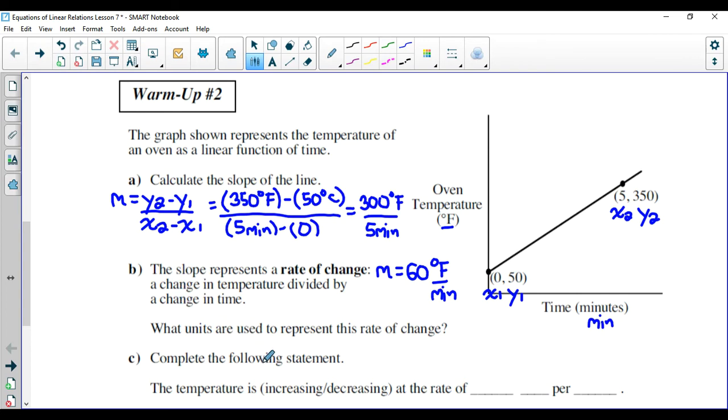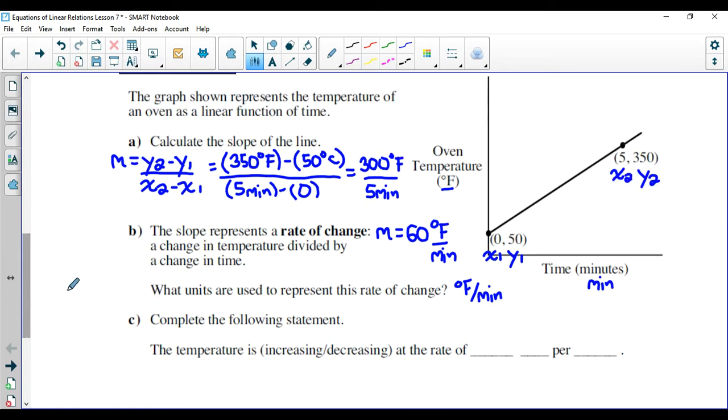Slope represents a rate of change. So in this case right here, the rate of change is the amount that your temperature is changing over a specific amount of time. And then what are the units represent this rate of change? Well, we determined that by calculating the slope. So the units would be degrees Fahrenheit per minute. And then it says what's happening to the temperature. Well, again, I can see from start to finish, the temperature is going up, so it'd be increasing at a rate of 60